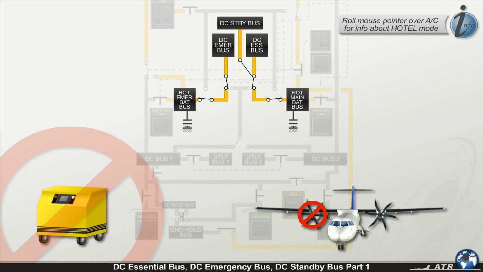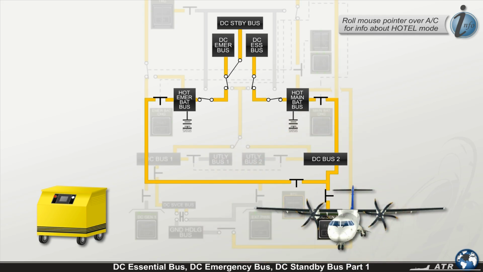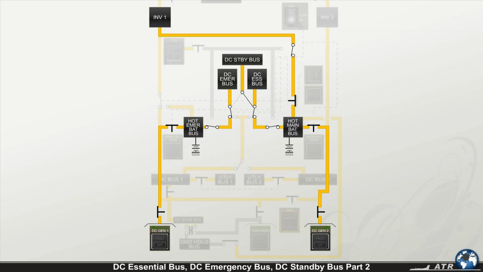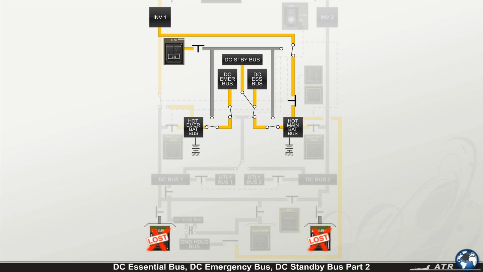As soon as an external power unit is connected to the electrical network, or at least one DC generator is operative, the DC standby bus electrical power supply is transferred to the hot emergency battery bus. The same happens during engine starts. With both engines running, in case both DC generators are lost and the TRU is inoperative, the main battery supplies